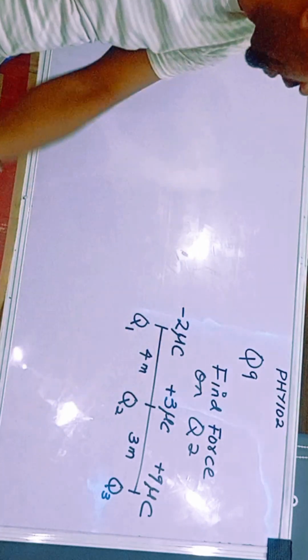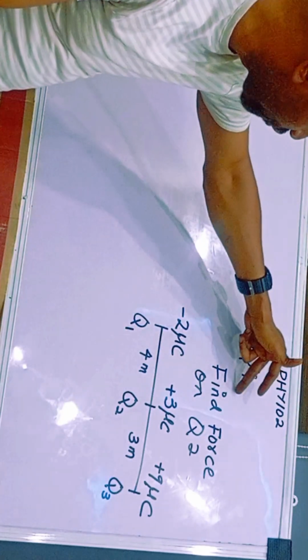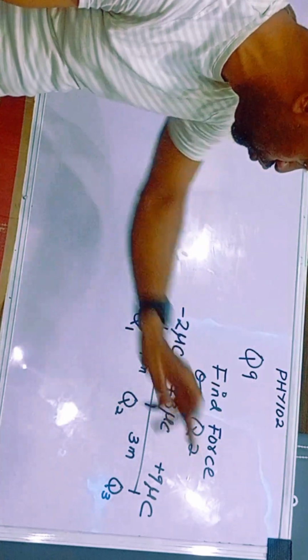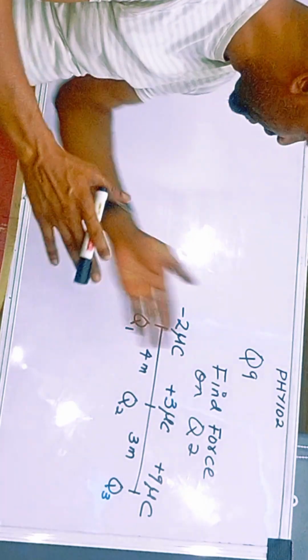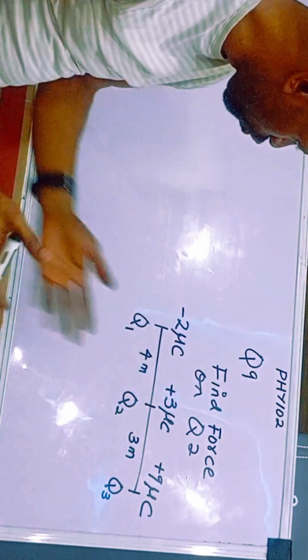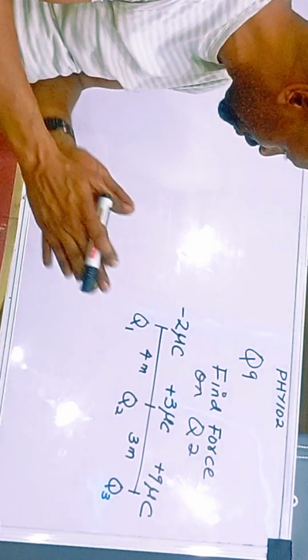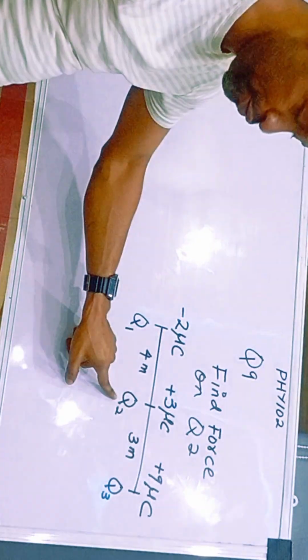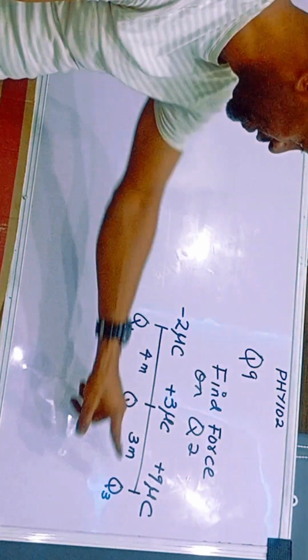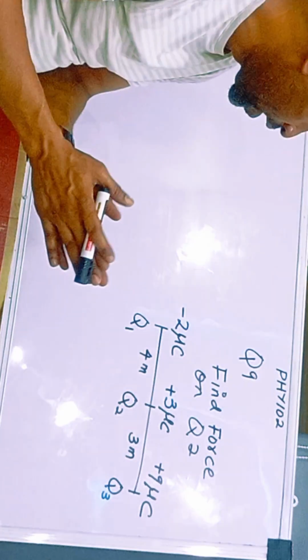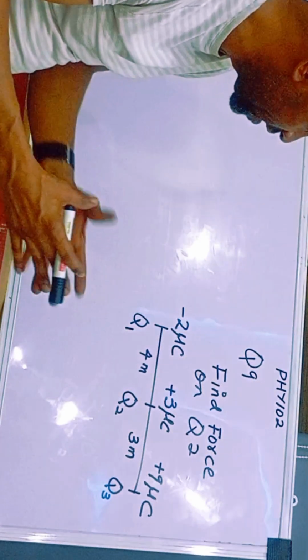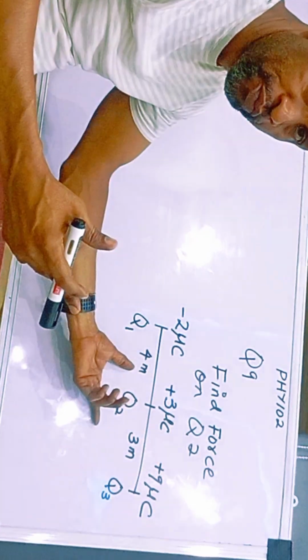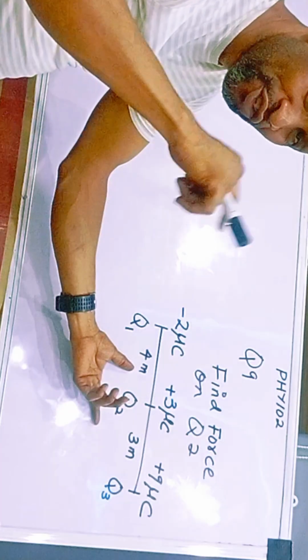Class, take a look at what they have here. They say find the force on Q2. Where is Q2 located? Let's do that together. This is Q2. This is Q1. This is Q3. Now, if somebody says you should find the force on Q2, what it means is resultant force